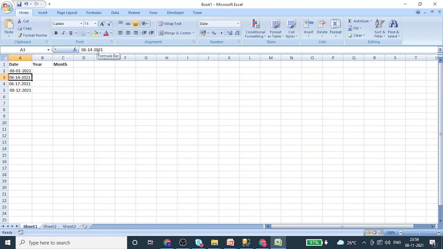I think it got some typo issue. Let me just make it as 4 and let's make it as 7. Okay, so now we got our dates. Now we have extracted the year like this, and month also we can get like this. Now this is what we extracted.